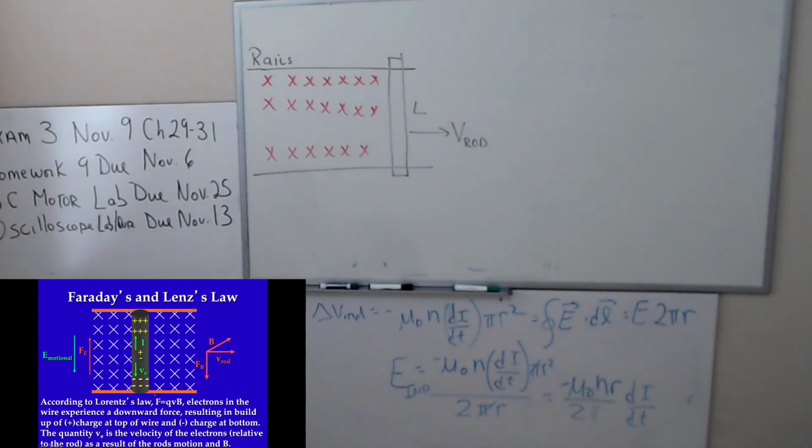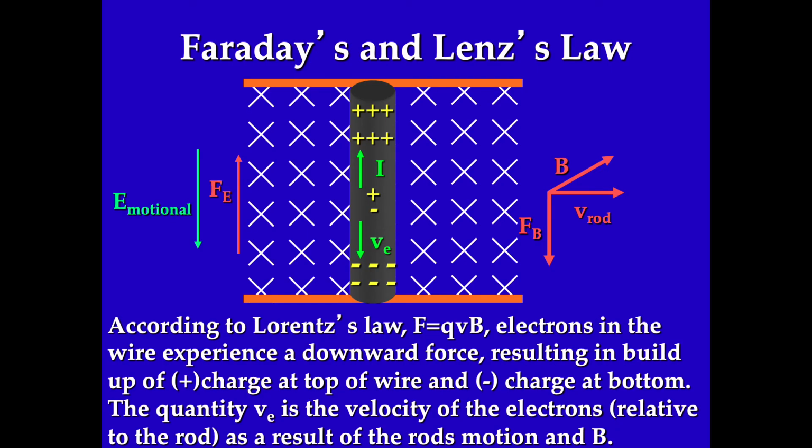Let me blow up this picture. So, according to the Lorentz law, there's going to be forces on these charges. That rod, let's assume that rod's a conductor. Let's assume that the rails are made out of conducting material. Let's assume there's no friction between the rails and that conducting rod. If you use Lorentz law, there's going to be a force